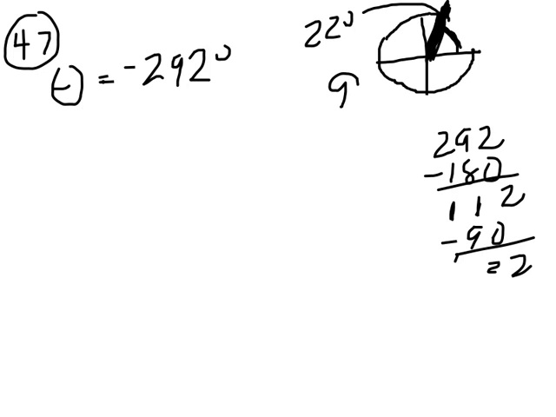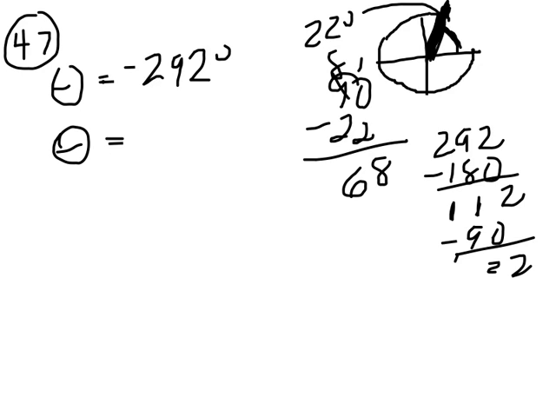So 90 degrees minus the 22 is 10 minus 2 is 8, and 8 minus 2 is 6. So my reference angle is actually 68 degrees. They want me to sketch it in standard position. I really kind of already did that. Okay? So let's go on. One that's in